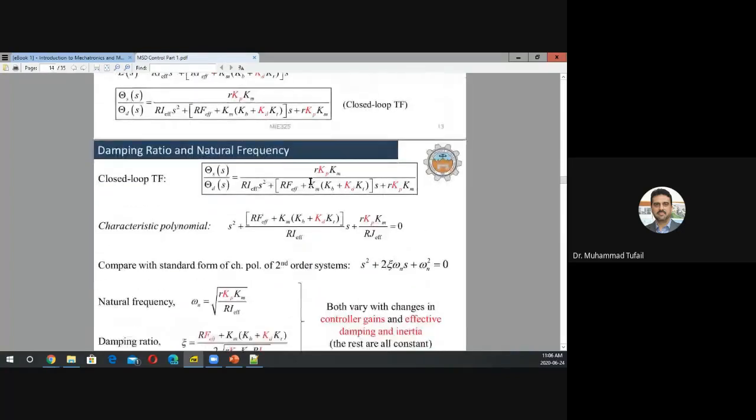and this, but now the KP term is there and the KD term is there. ठीक है, now इसके stability analysis के लिए हम इसके characteristic polynomial is the thing that we are mostly concerned with. ठीक है, तो characteristic polynomial उठाएं इसका। characteristic polynomial में अगर आपको यहाँ पे 1 चाहिए तो divide everything by RI effective। ठीक है, तो this will become 1 over RI effective and this will become RKP KM over, अच्छा ये J effective नहीं है, I effective है, sorry, तो इसको equal 0 के बराबर कर दें।